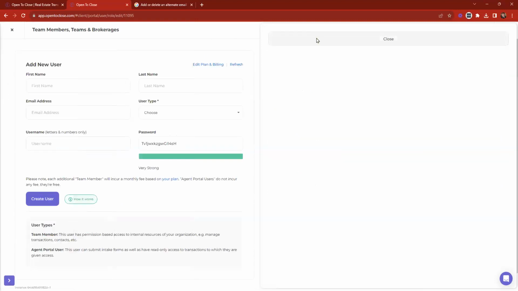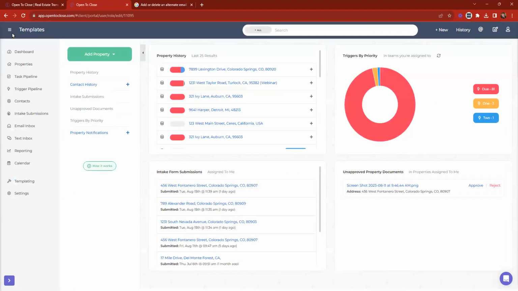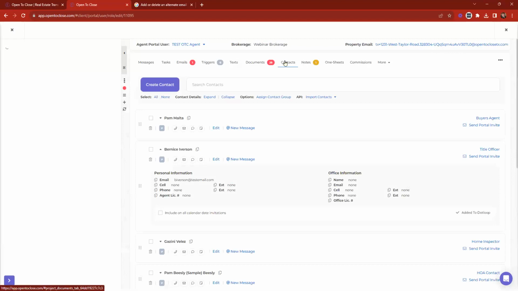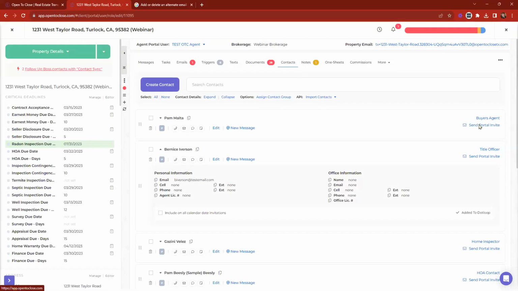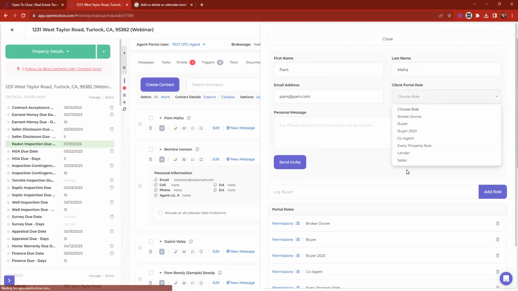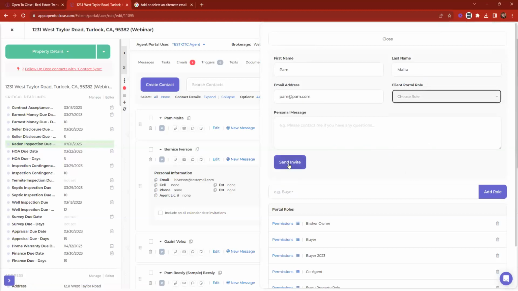For the client portal, what I usually suggest is sending yourself an invite. Head to a test property, head over to our contacts. Here where it says portal invite, we're going to click on that. You're going to select what client portal role you want them to have and send that invite out. It's going to send it. I would usually suggest here for the email address, send it to a test email address, or for example, for me,